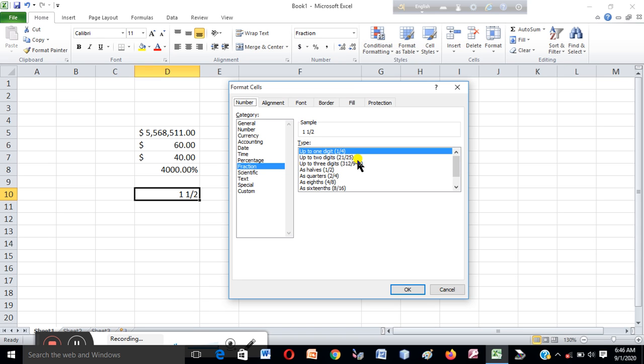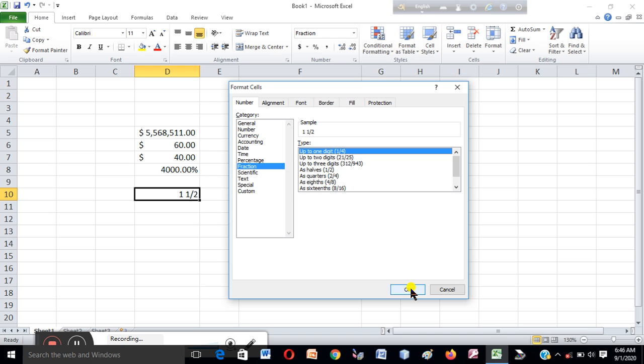Fraction up to 1 digit, up to 2 digits, with different types, up to 4 digits.